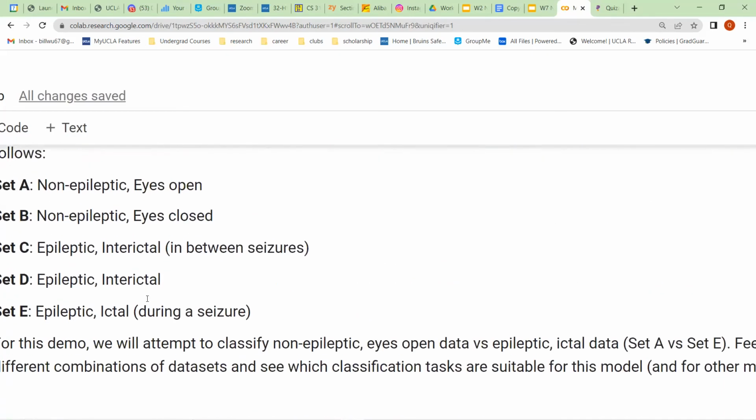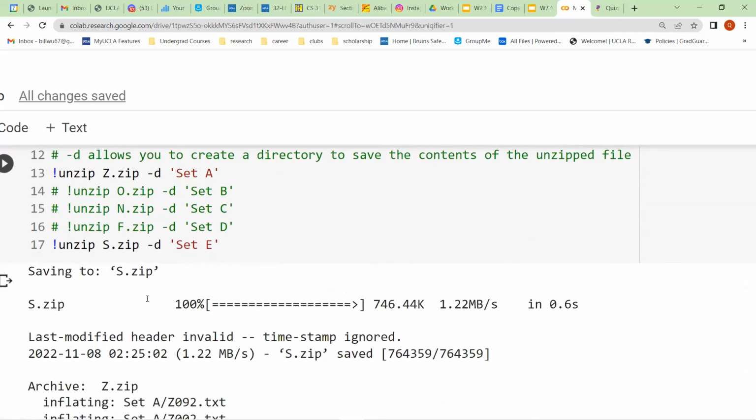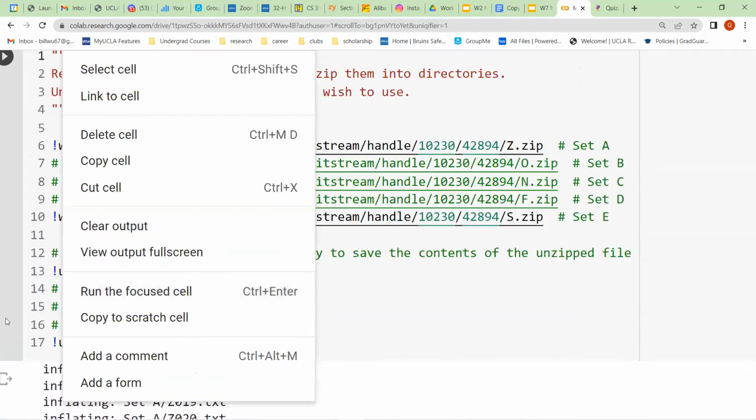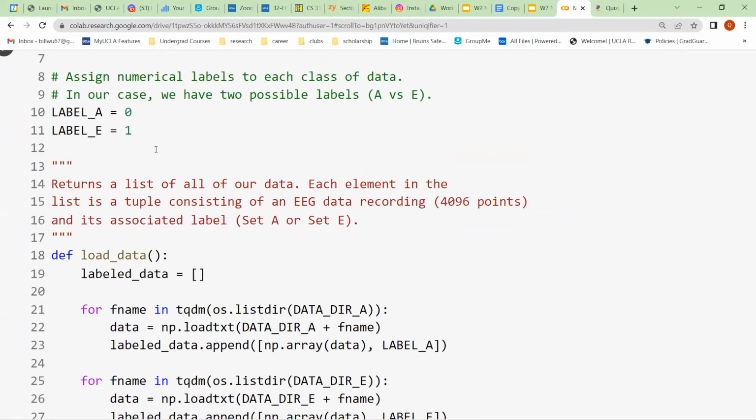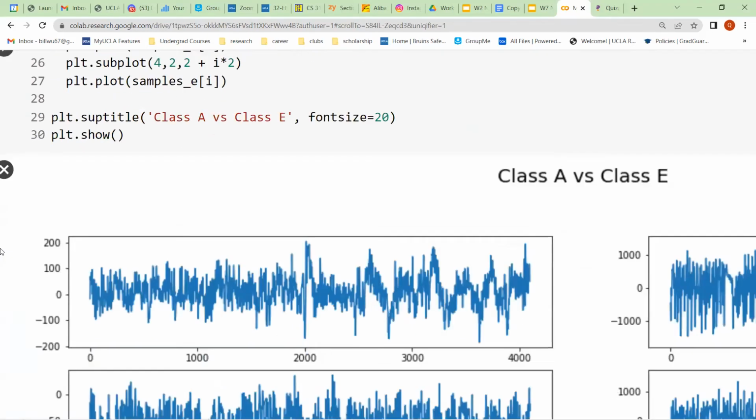Just to clarify, set E rep is our data from epileptic patients. So if the model is coming to the conclusion of 1, that means it's concluding that the EEG signal was from an epileptic patient, right?